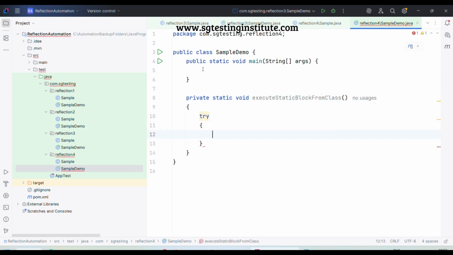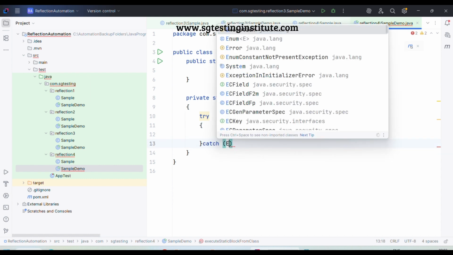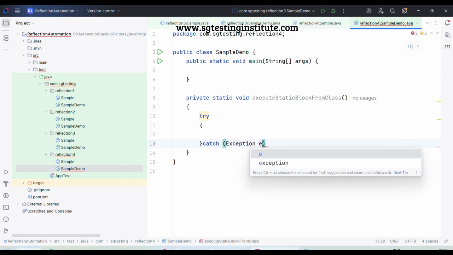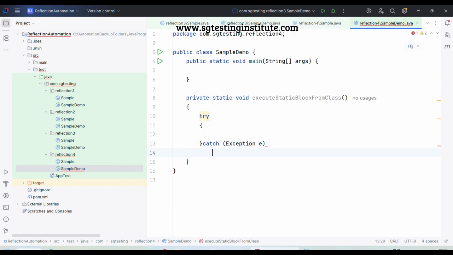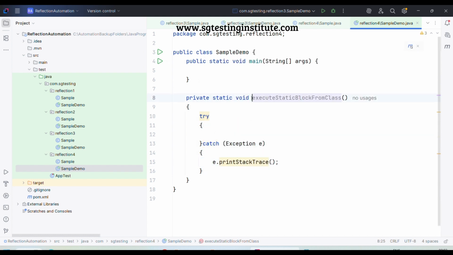Every method body should contain a try catch block to handle the exception. So we should call this method here. Now, in order to run the static block from a class without creation of an object and without executing any static variable or static method,